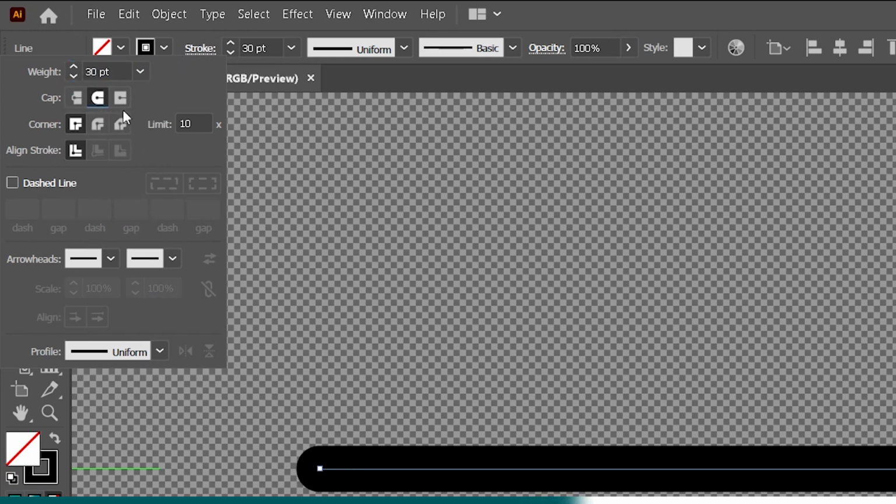There's also an option called projecting cap, which is extending the current length of the line a little bit more. In this case I prefer round cap, so I'm just going to click round cap,